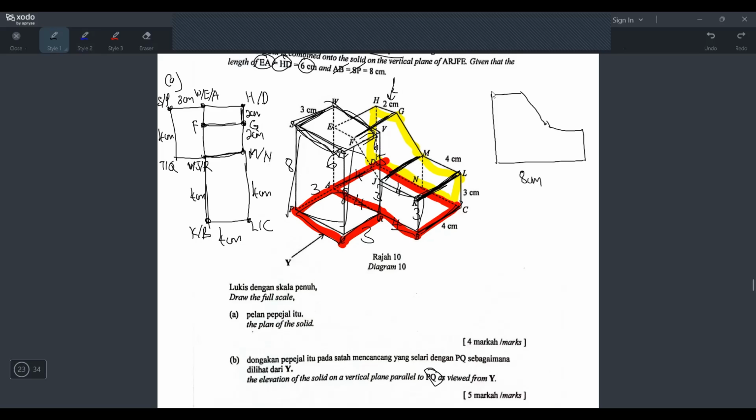Okay, and then this is 2 cm, 2 cm here. Okay, this line you can't measure, but we all know this one is 4 cm. Okay, this one is 3 cm. And then the vertical here is from here to here. I think it's 6, yeah, 6 cm. But of course, this is not the answer because if you look carefully, this one, H,